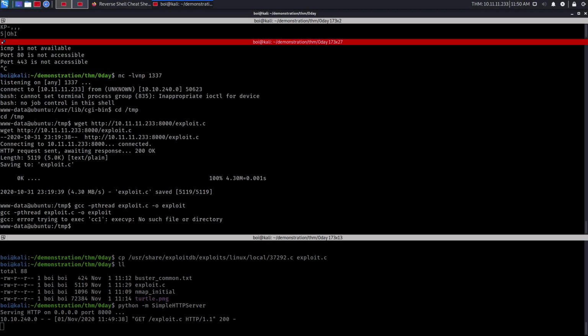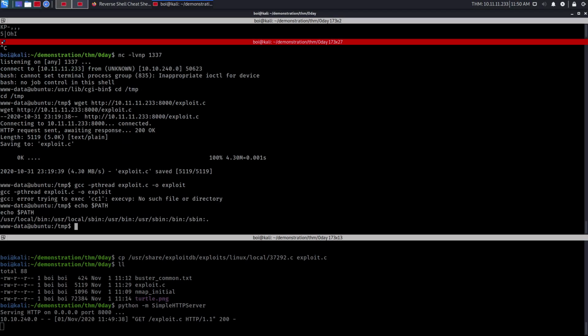Now this machine throws an error here. After researching quite a bit, I came to know that this is a path error. So if I, suppose, export the path, sorry, my bad. If I echo the path, there's a full stop at the end.